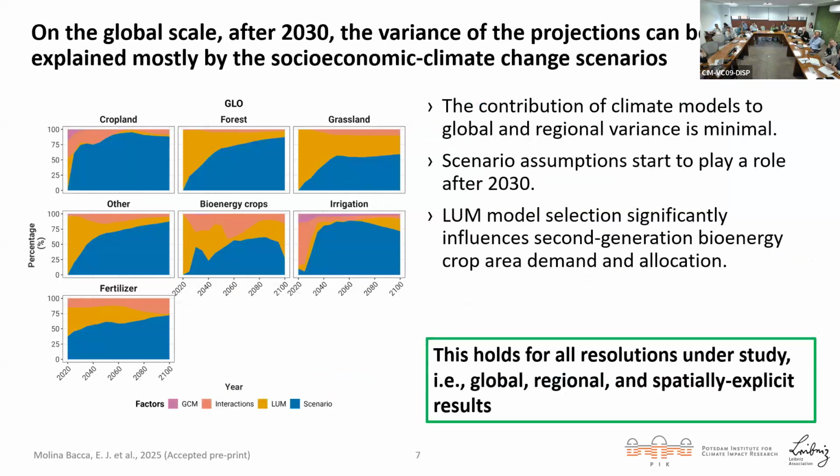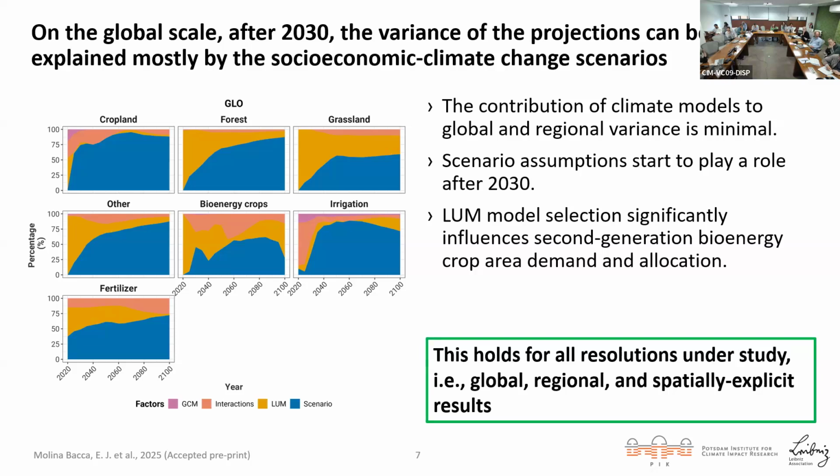And one other nice thing which Edna also did is this decomposition on what contributes to the variance. Is it the global climate model input? Is it the land use model which is used, or is it the scenario setting or some interaction effects? And of course, you want to have this singled out by the scenario setting, because that's the main difference in drivers. But you see for different indicators, for cropland, for example, the main part of the variance comes through the scenario setting, but especially for grassland and bioenergy crops, a lot more variation is contributed by the land use models